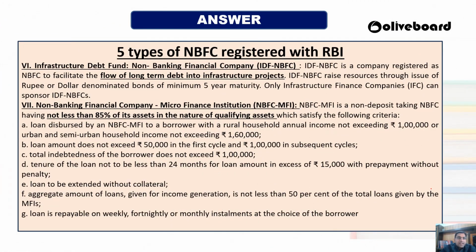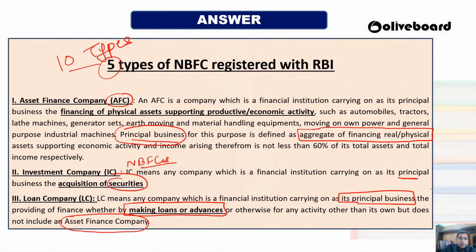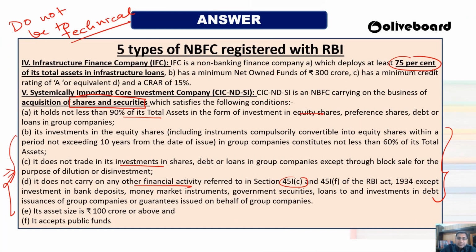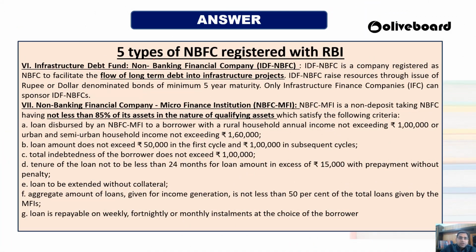Then the sixth one is the infrastructure debt fund non-banking financial company. What is the meaning of that? These are also companies, registered under the Companies Act. They are looking for the flow of long-term debt into the infrastructure process, and they raise resources by issuing rupee and dollar bonds, with a minimum 5-year maturity, and